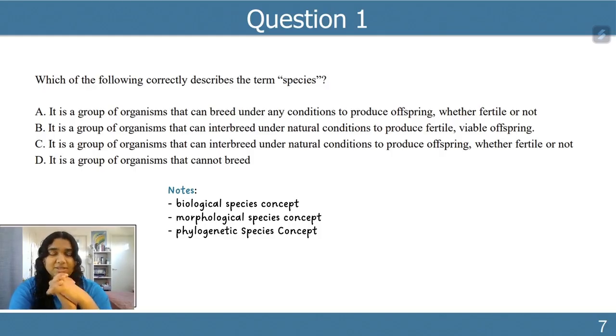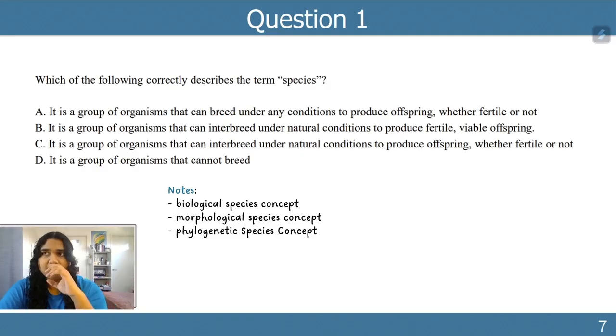But there are some limitations to that definition because for fossilized organisms that have now become extinct, we have no way of being able to say whether they could interbreed with other species properly. On top of that, there are also interspecific hybrids, which are offspring made by 2 different species that can live out a lifespan, which technically form their own species but don't fit in with the biological species concept because they're not fertile. And so because of those limitations, we've got some other species concepts.